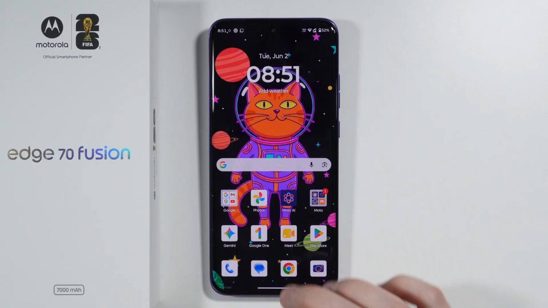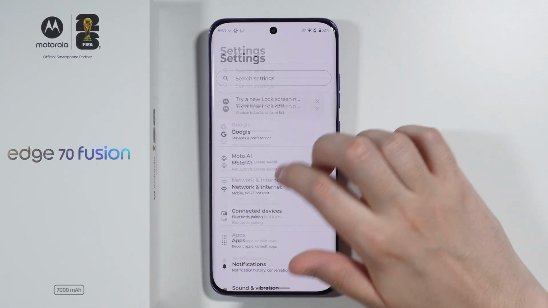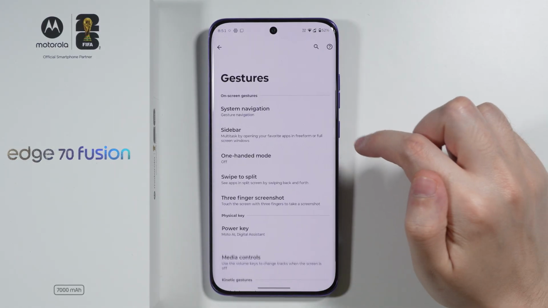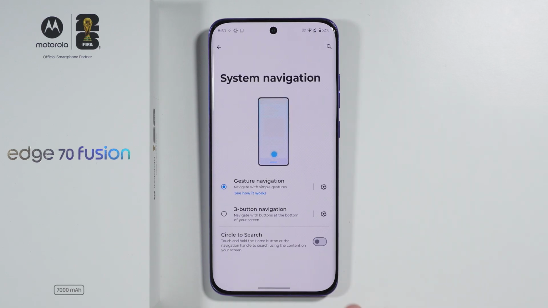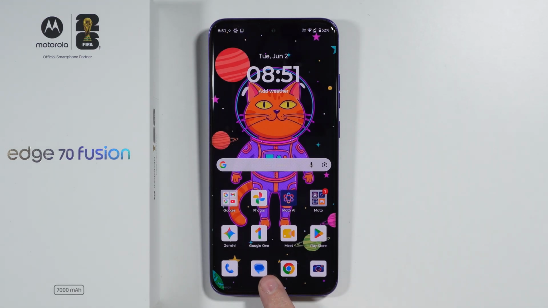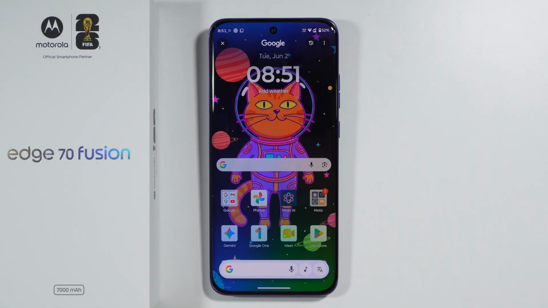to Search, but in case it doesn't work, you will have to go to Settings, then over here open the gestures, and then we need to choose System Navigation, and then make sure that Circle to Search is enabled in here. So if you hold your finger for like a second or two, you will activate this Google Circle to